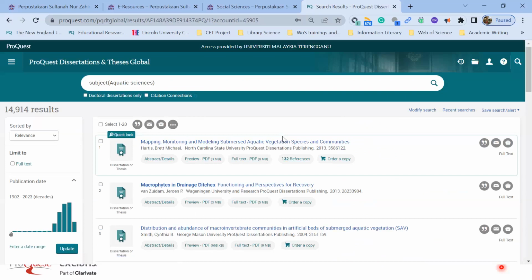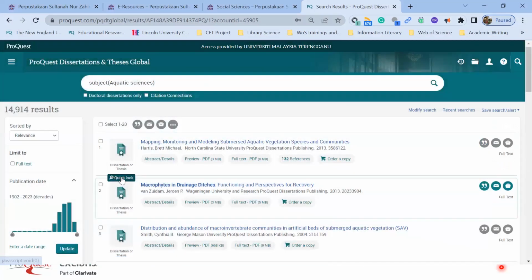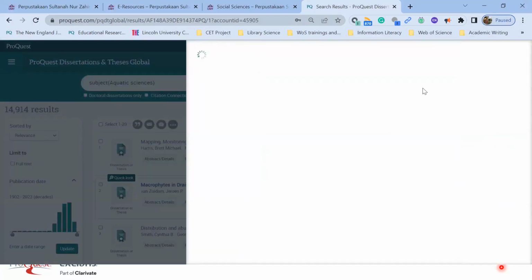Okay, now when you're here, you will see that the aquatic science subject has so many results, 14,000 results. And if you want to know why this is really talking about aquatic science, you want to see aquatic vegetation, species, and so on. Yes, it is, but you want to see what it is all about. This is plant sciences, but they definitely are talking about aquatic here. So that is why it is coming up in your results. So if you click this,